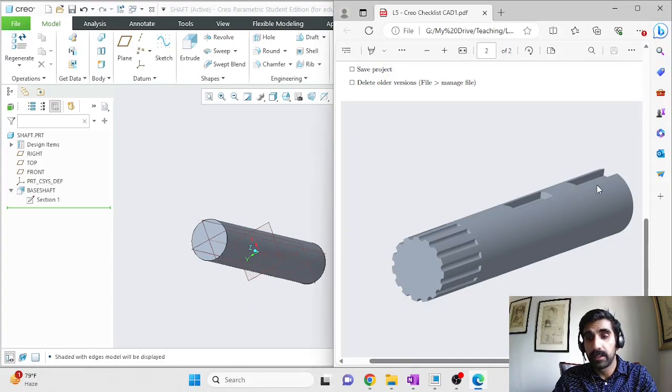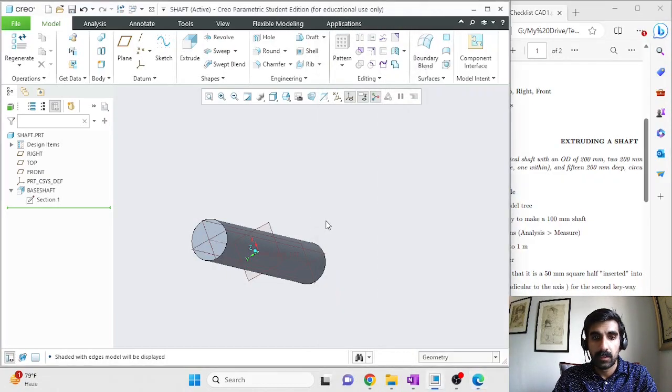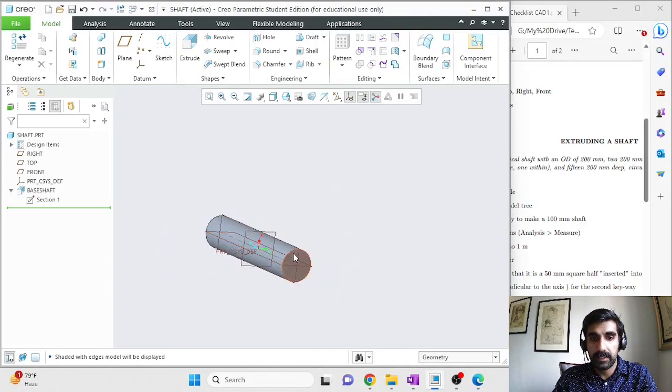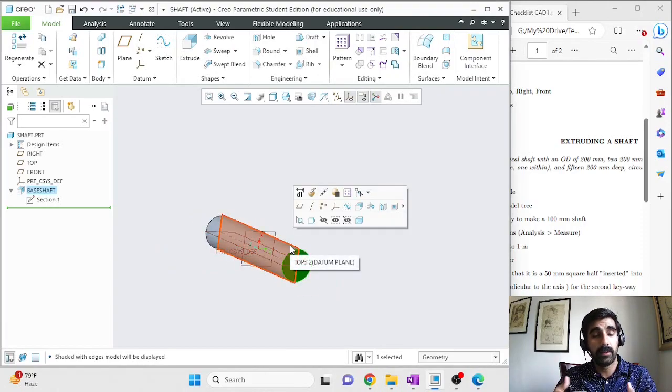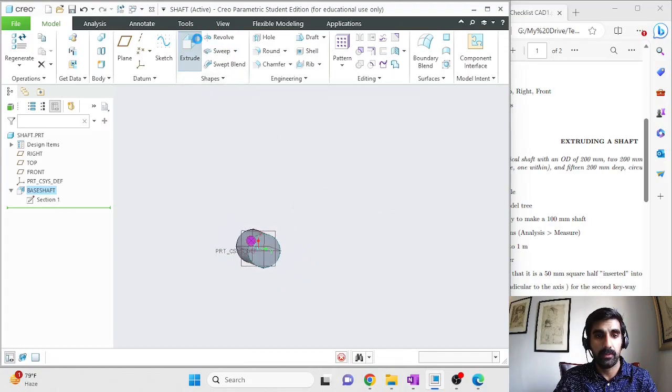So let's start by making this keyway. So I'll select this as my sketching surface, where I'll make a cross section and then extrude it inwards into the shaft and use that to remove material. So selecting this plane, select extrude,